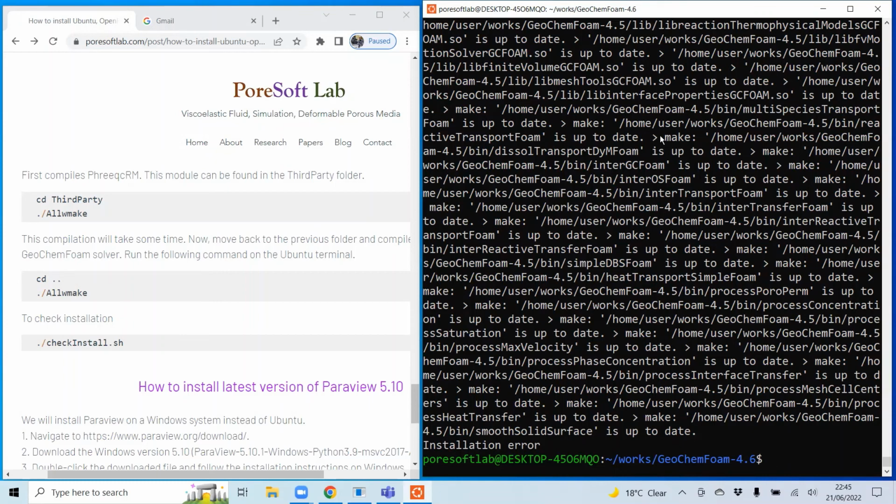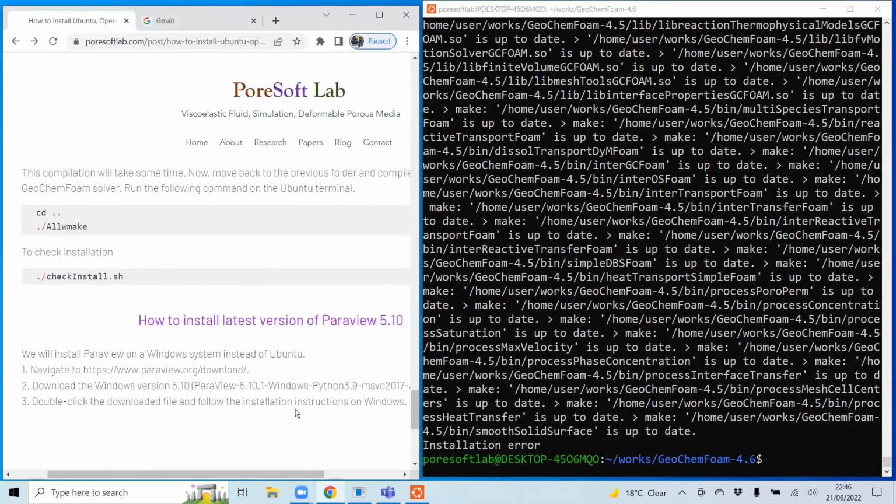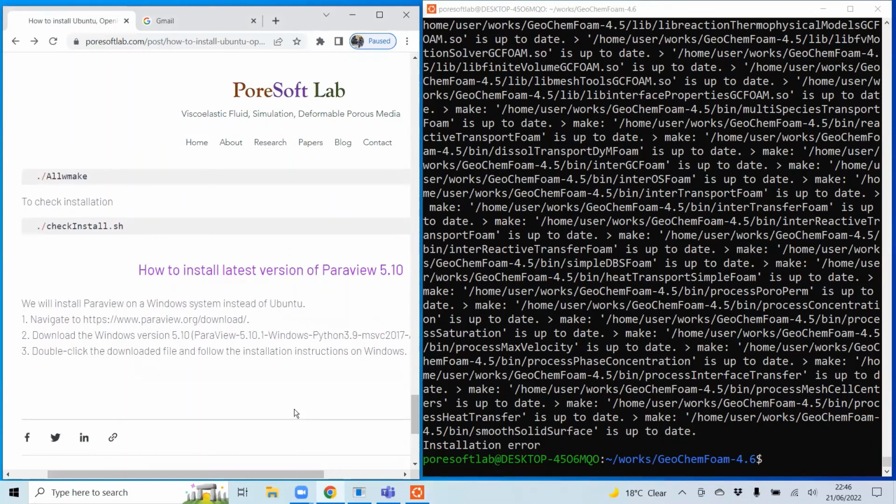To view our results, we need to install ParaView, and instead of installing ParaView in Ubuntu, I will install it in Windows, and we can easily access simulation files, and then we can use it to see those results.